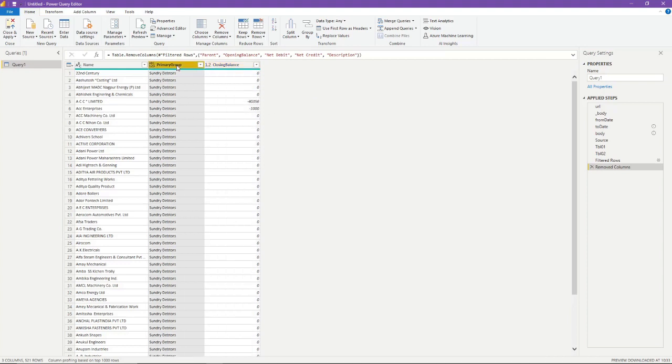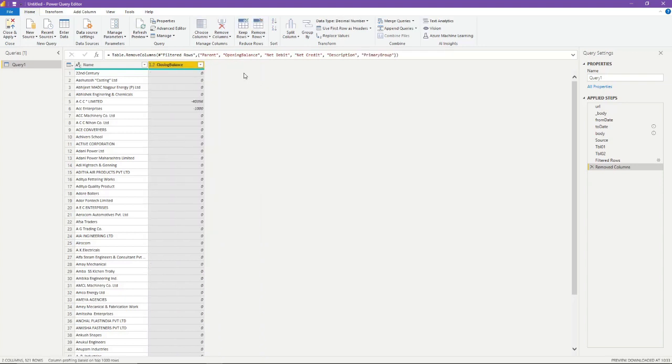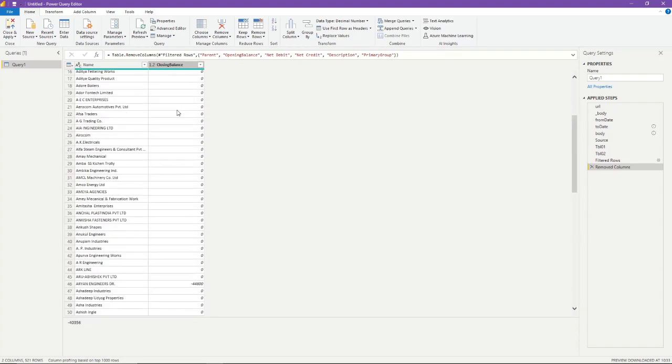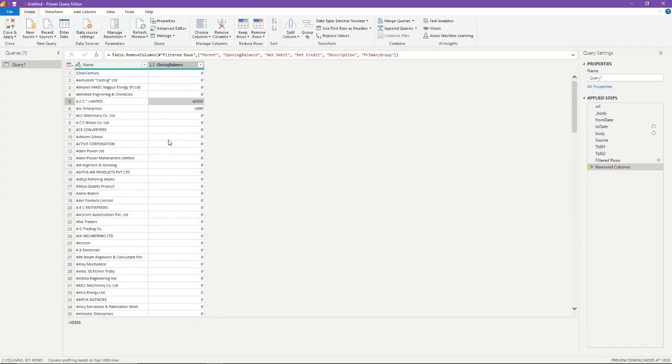Now even remove this primary group. We also don't require this column because the filter is already applied. Now, as you can see in this query, debit is in minus and credit is in positive. So these debtor closing balances are negative. So let us convert these balances to positive.